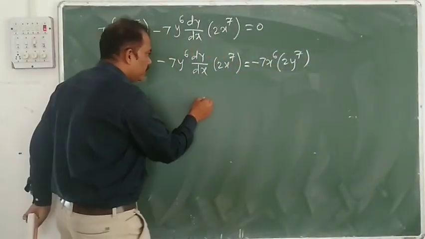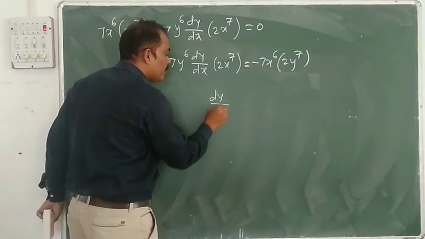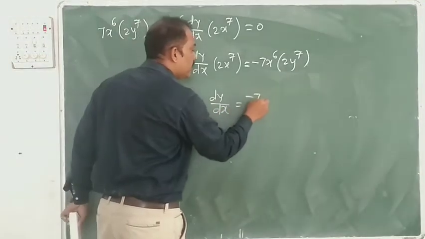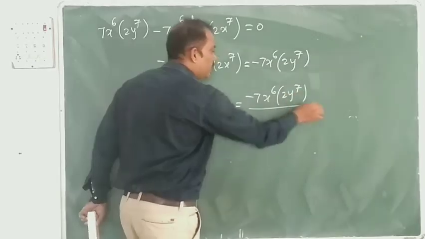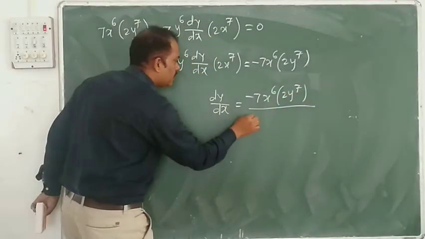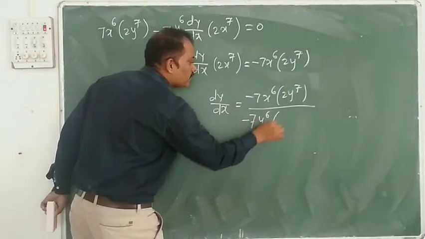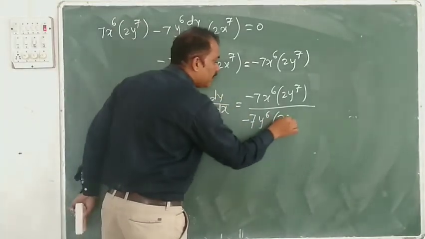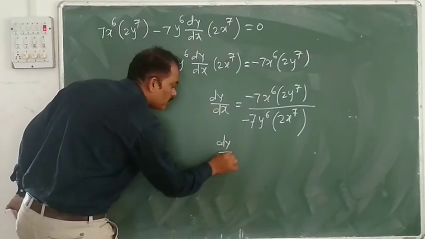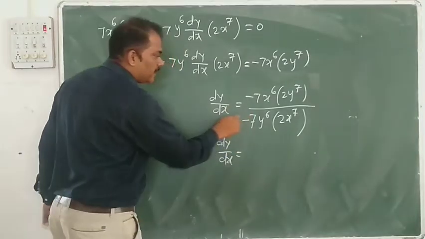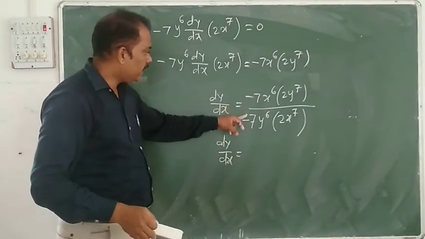Okay, so we get dy by dx is equal to minus 7 times x raised to 6 into 2 times y raised to 7 divided by, here also minus 7 times y raised to 6 into this one, 2 times x raised to 7. That is dy by dx is equal to, minus minus get cancelled, 7 get cancelled,